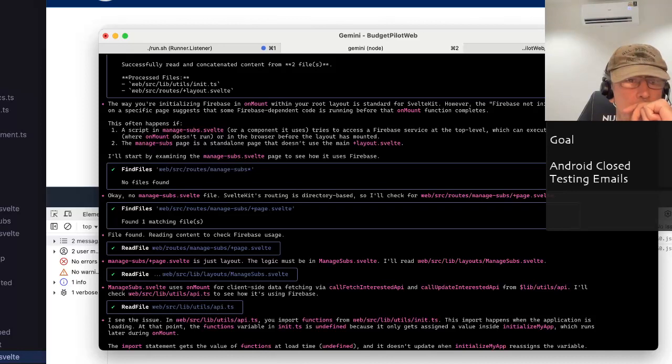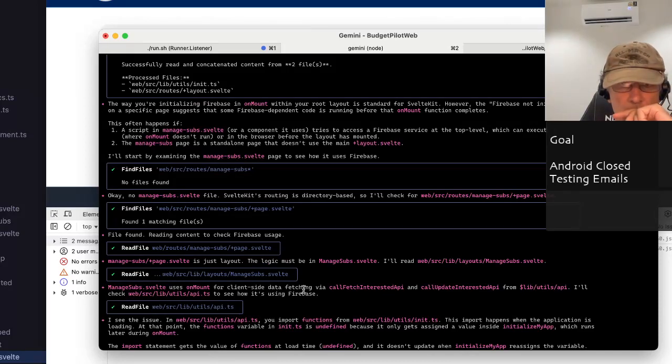Routes, manage subs there. No, Svelte is a folder. Okay. It's just layout. Yep, correct. Manage subs is